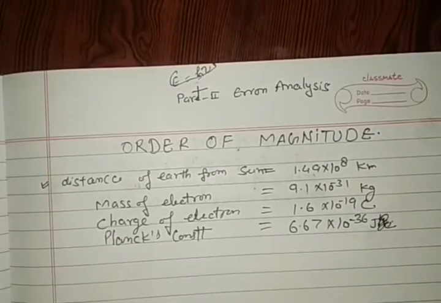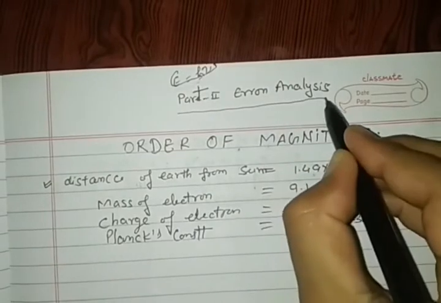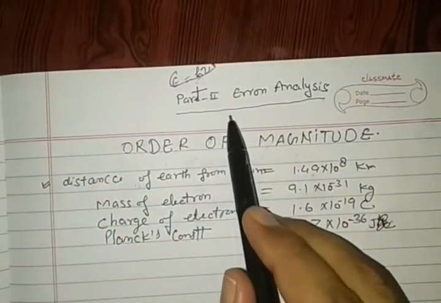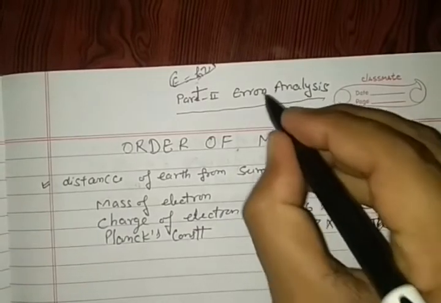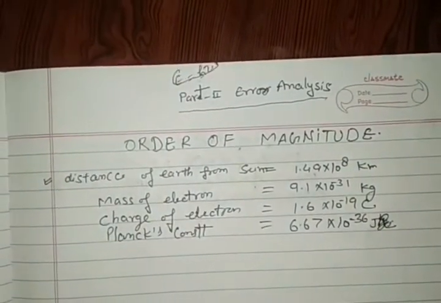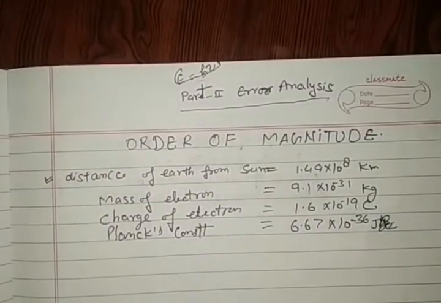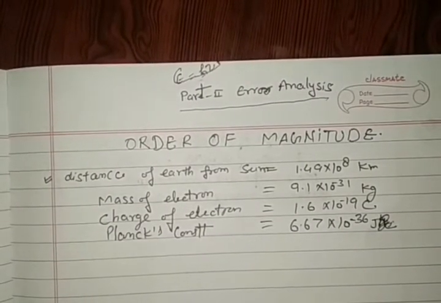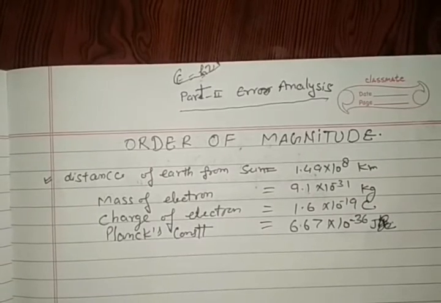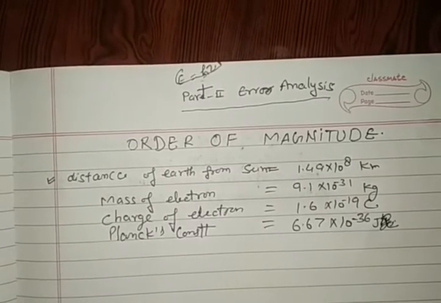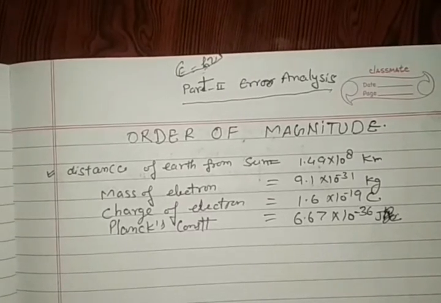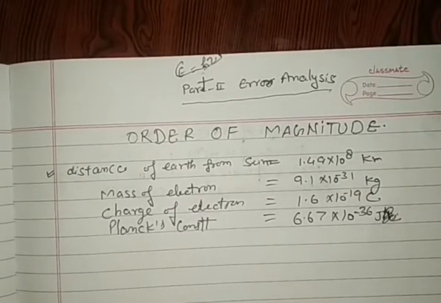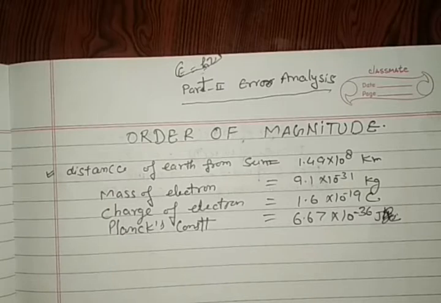T2 Part 2: Error Analysis. You have seen Part 1 in case of error analysis, in which we have seen various things: what is error, how many types of error, methods of removing error, and every fundamental related to errors, and how the formula can be obtained in case of error. More complications we can see with the numericals.